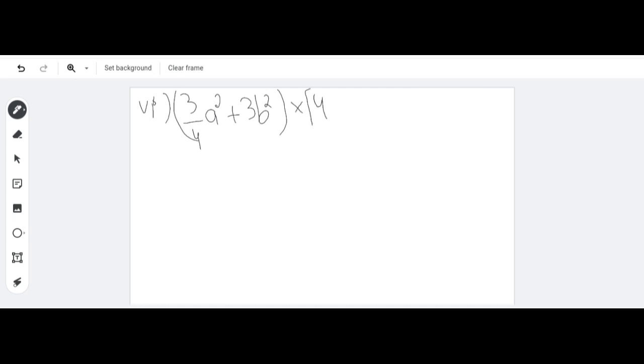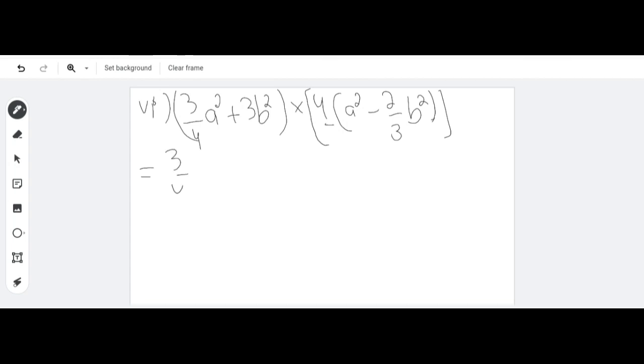Then I have to put the bracket, and it will look like a square minus 2 by 3 b square. So how can I do this? I think I have to solve the 4 inside it. When I get the correct answer, then I have to multiply both of them. Okay, because there is a 4 now, I have to multiply this 4 inside this expression.